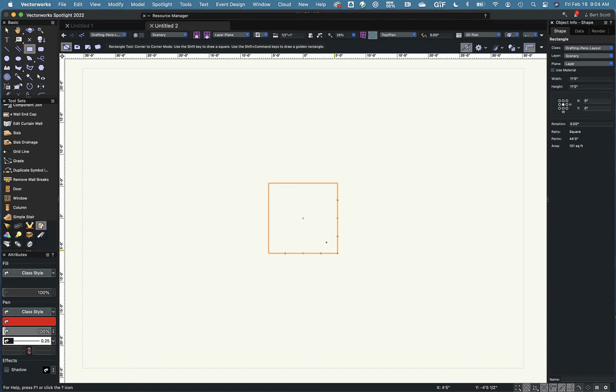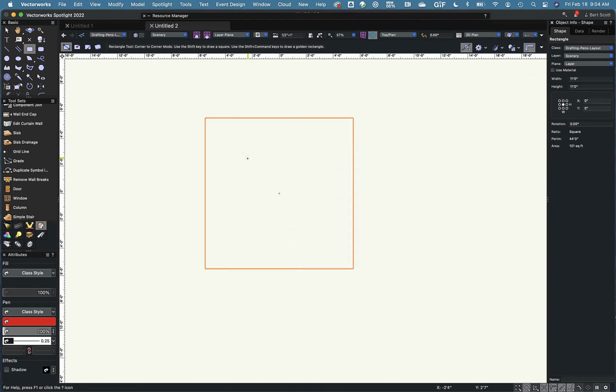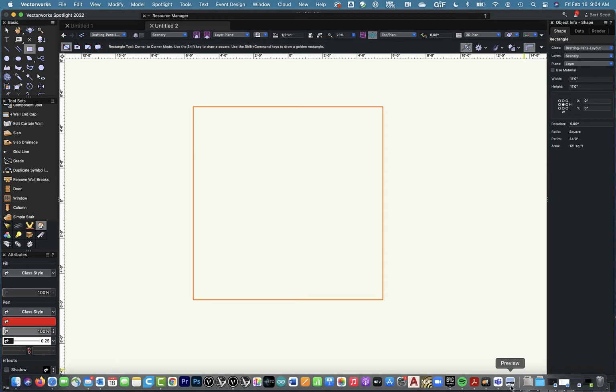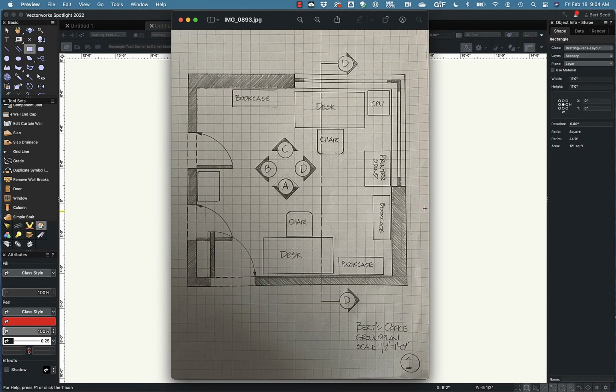And then I'm going to establish where the doors go. I know where the windows go because they're right in the corner, but we're going to establish where the doors go. So if I look back at my drawing, because this is in half-inch scale, I can see that 1, 2, 3, 4, so that's 2 feet. And these are closet doors. They're very skinny, so they're 2-foot doors. So on this wall, there's 2 feet, and then a 2-foot door, and then 2 feet, and then a 2-foot door. And on this wall, there's